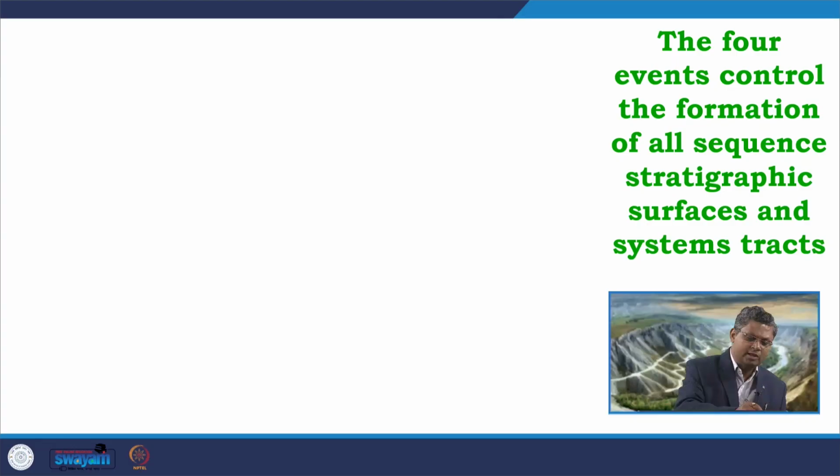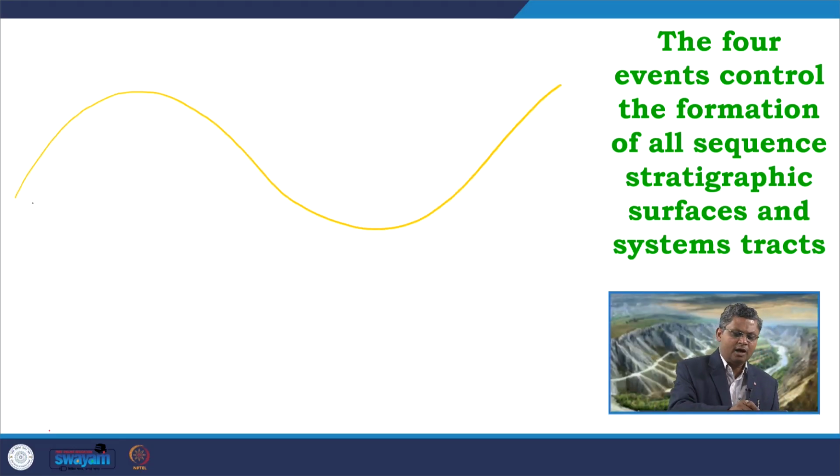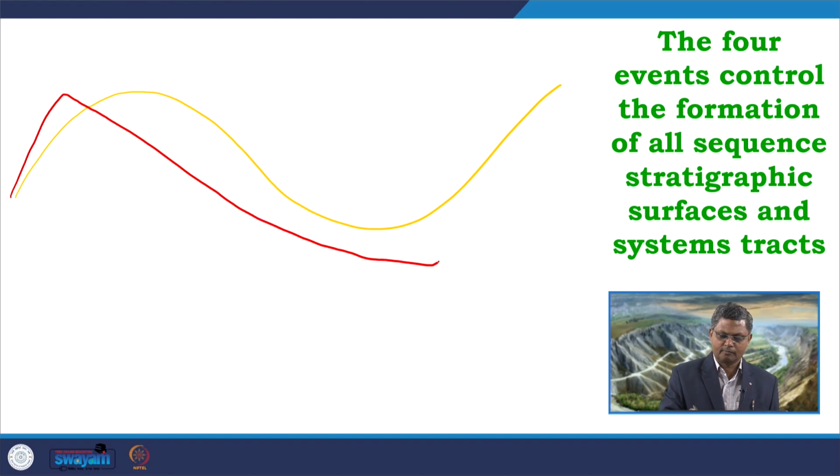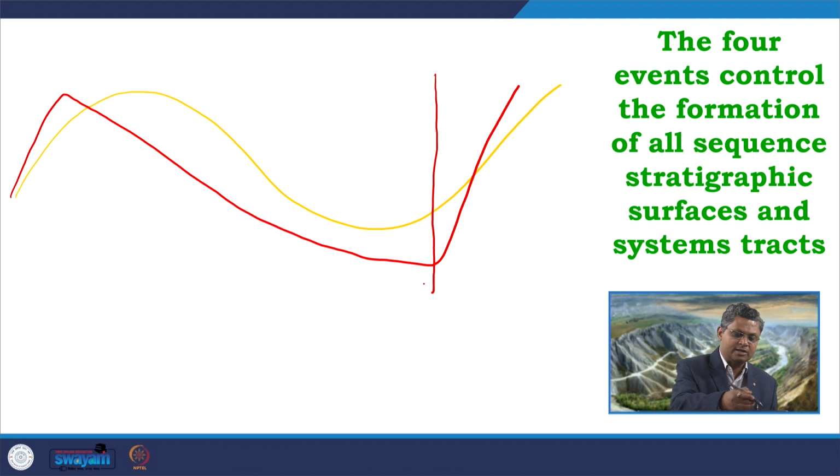So, if I refer back to the diagram, let us understand what are the different sequence stratigraphic elements that we can define over there. Again I am drawing that diagram. This is the base level curve, and now we have the tear curve. I can draw the tear curve which goes on like this. So, this is the boundary number 1, or rather we can start from here.